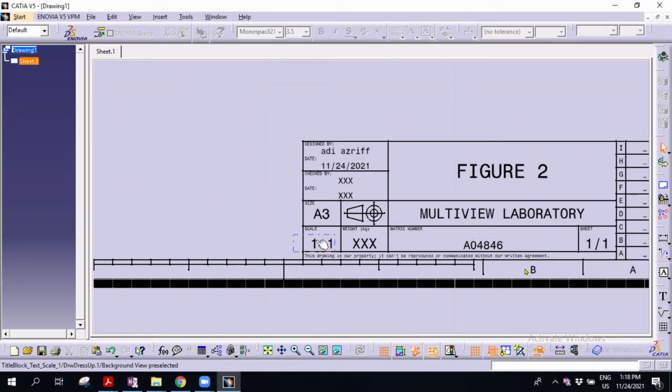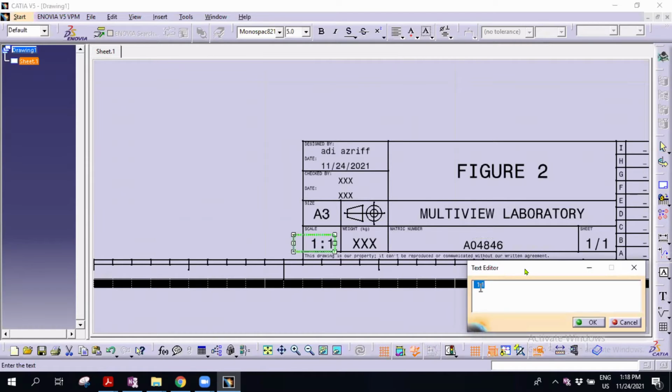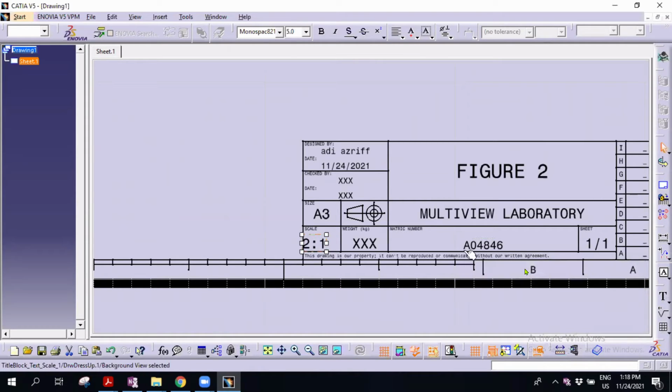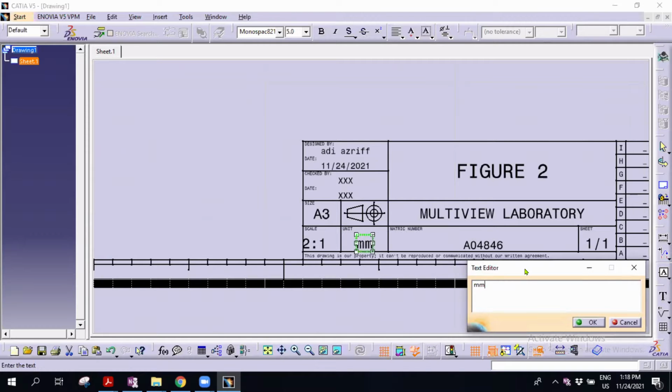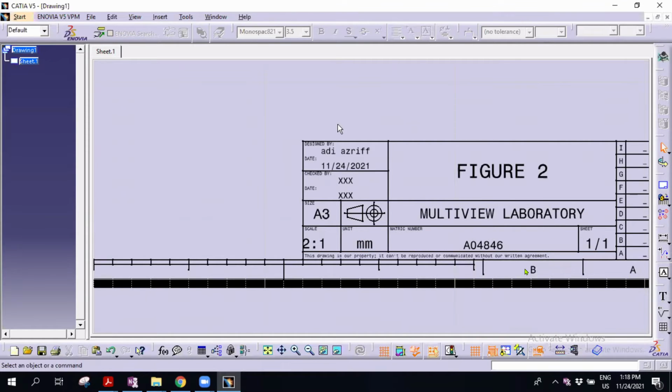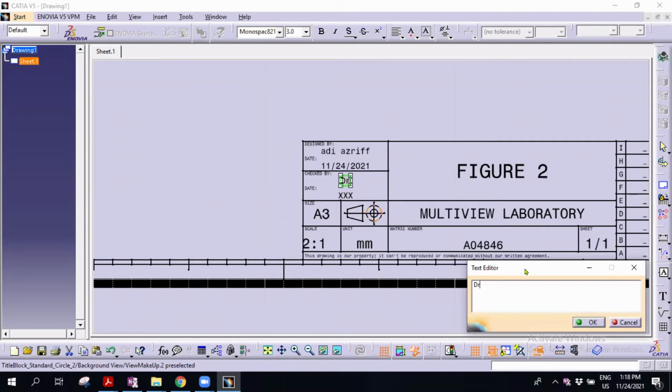Okay. This is the scale that you need to change. If you use 2 to 1, you need to change it to 2. This is manual. We have automatic ones, except for this. Okay, this one, for example, will change automatically. Size A3. Weight, normally we don't include weight, you need to change the weight to unit. So this one, for example, millimeter. So millimeter, okay. So this is the important thing: your name, date, check by, for example, my name, put it, okay, check by Dr. Adi.